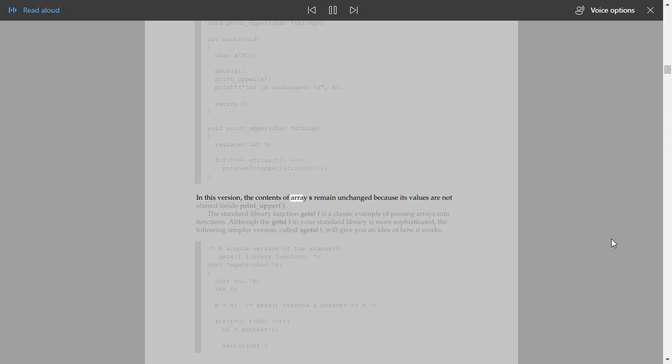In this version, the contents of array s remain unchanged because its values are not altered inside print_upper. The standard library function gets is a classic example of passing arrays into functions. Although the gets in your standard library is more sophisticated, the following simpler version, called sgets, will give you an idea of how it works. /* A simple version of the standard gets library function. */